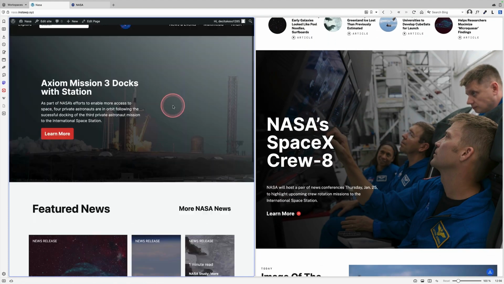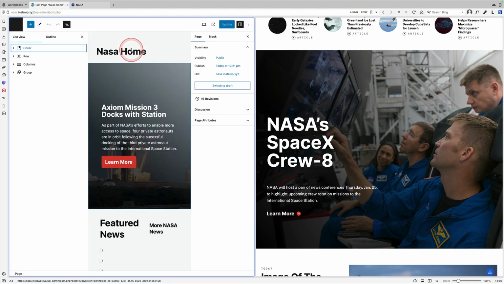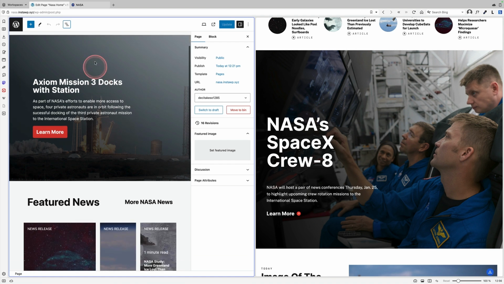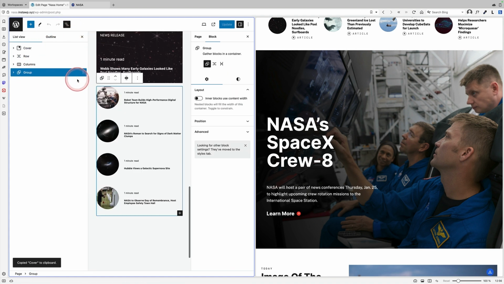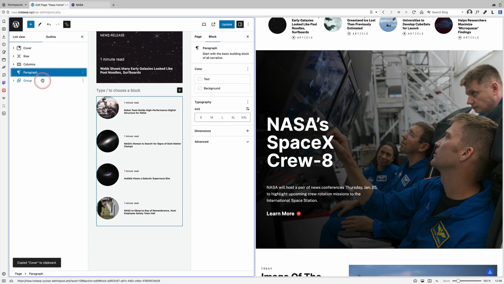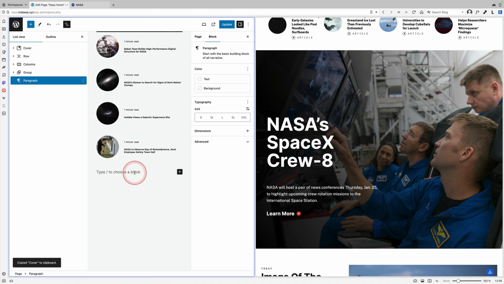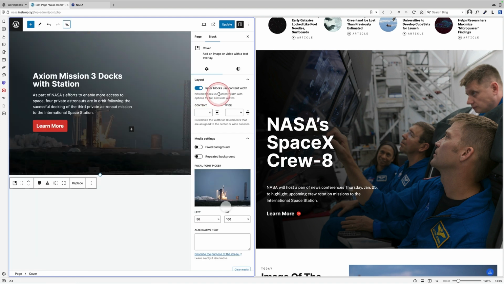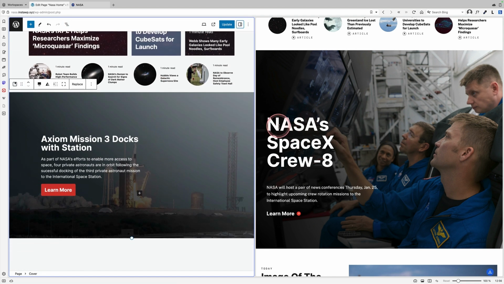Now this is pretty much the same as this section here. So here's a really good tip in terms of working quickly. I'm just going to go back into this page and copy. Let's click on the list view and just copy that cover. And what I'm going to do is just literally go add after down here. Oh, not there. Let's move that down. So the list view is drag and drop, so I can move that down and I can literally just paste that in now. And what I can do, let's just close all this down so you can see what I'm doing. All I need to do really is to change the text and the background image and remove this button.